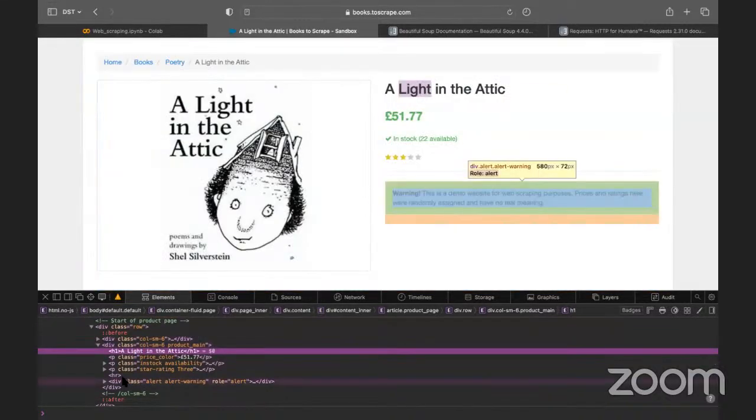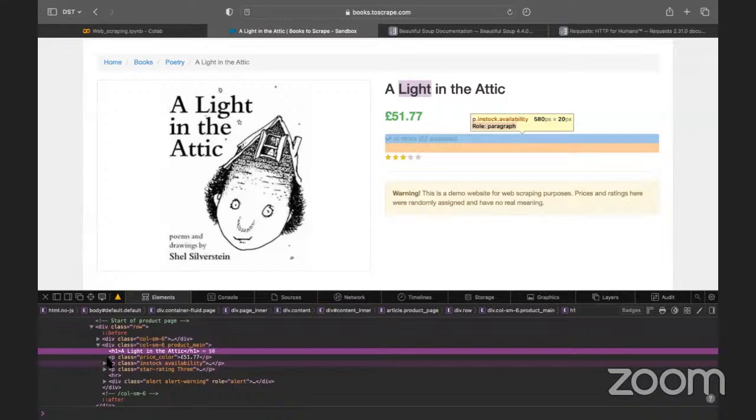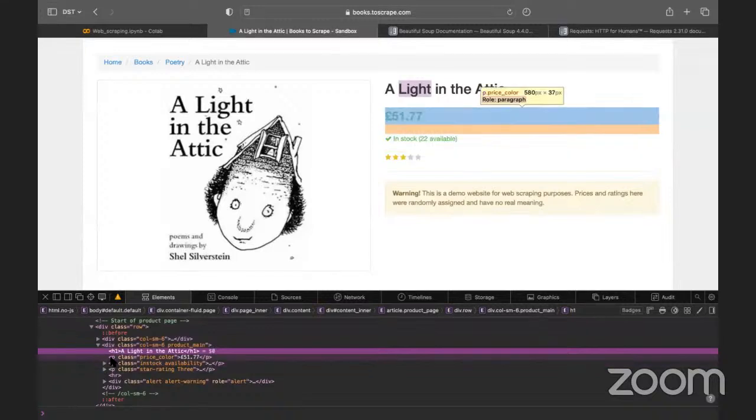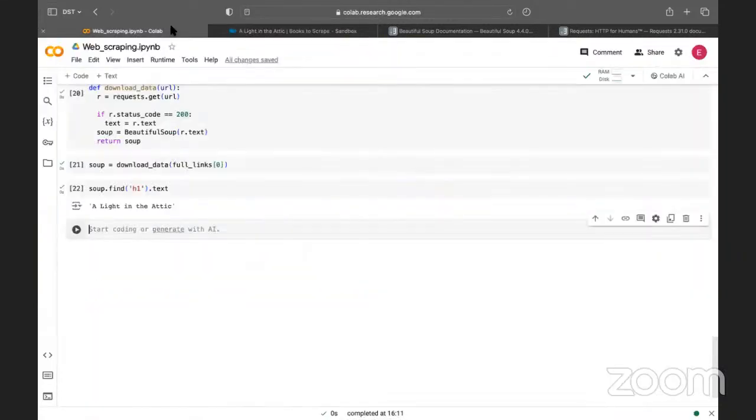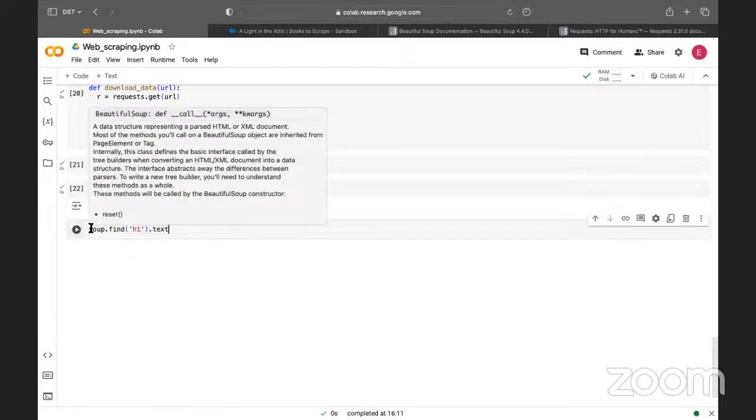The next thing we want to look at is the price. We have a class here, price_color. The p tag that is responsible for this has a class called price_color. So we can identify that by simply saying price_color, right? So we can just copy this and do this, and then say,